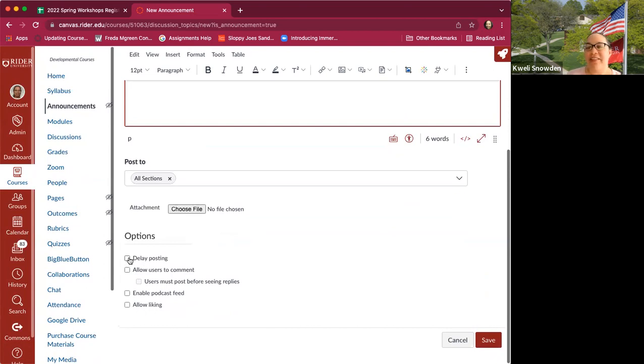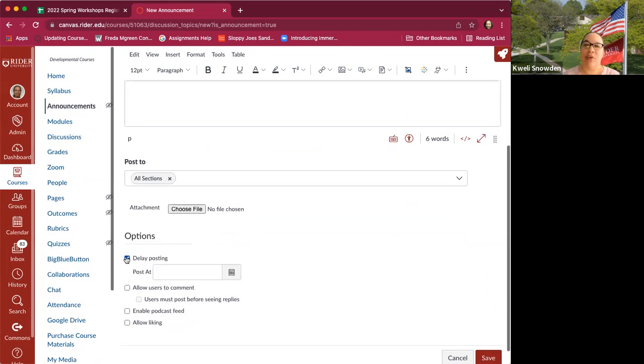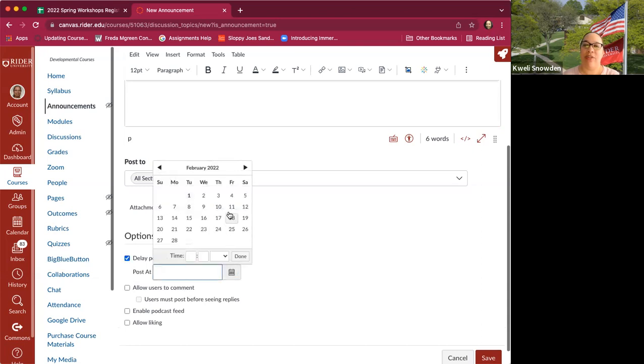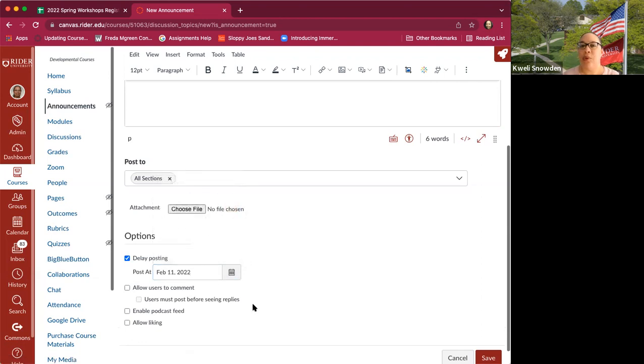And where this is helpful is if you know that there's an announcement about the midterm or about a project, and you're creating that on Sunday, but you don't want them to see it till Wednesday, I can create it now and say, don't post this until Friday. And so it allows you the flexibility of building out this communication, so that it will post later